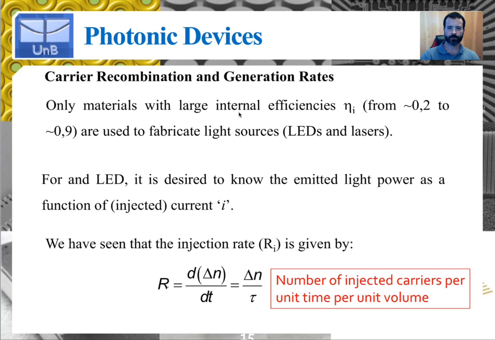Only materials with large internal quantum efficiency eta I, typically ranging from 20% to 90%, can be used because they will make efficient light sources such as